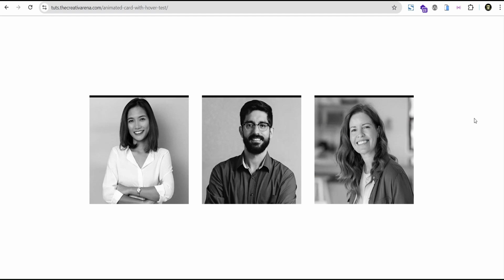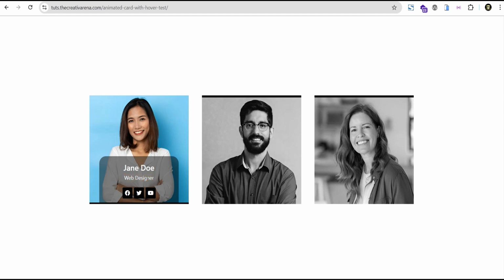So in this tutorial, I'm going to show you how to create an animated card with an image fill effect on hover. At the end of this tutorial, we're going to create a card that looks like so. You can see on the normal state the card is black and white, and when you hover, you're going to have this cool transition to color with this detail pop-up like so. Then come over here, you have the same effect, and you have the same effect here as well, as you can see,